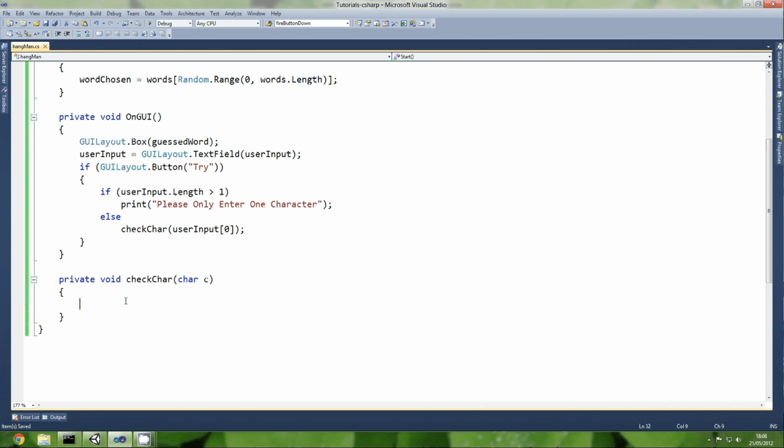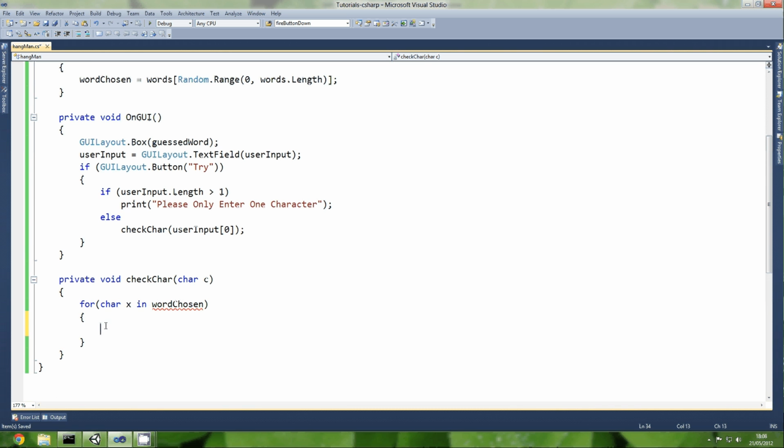So for each char, no, let's not choose C, let's choose X in word chosen, and then do if, in fact we should have done a for, sorry, and let's just remove this